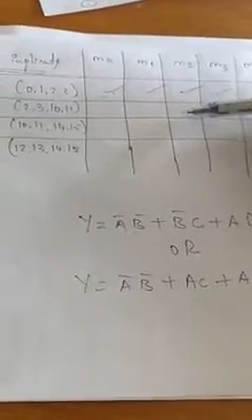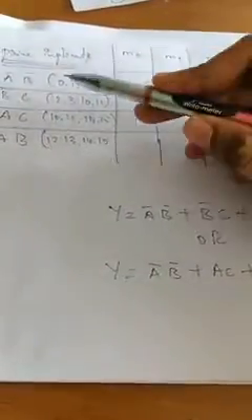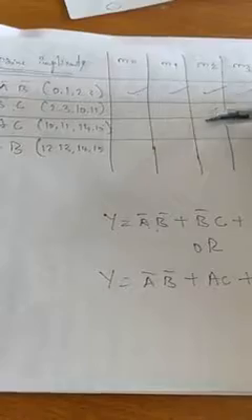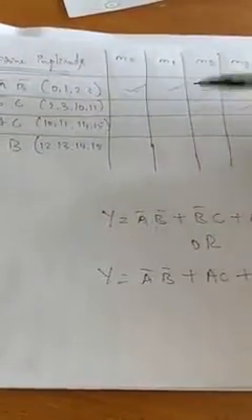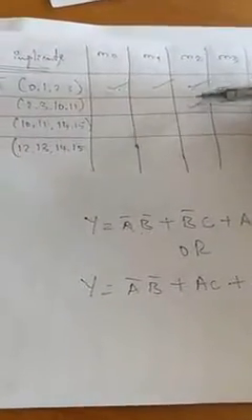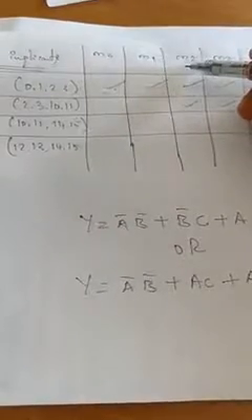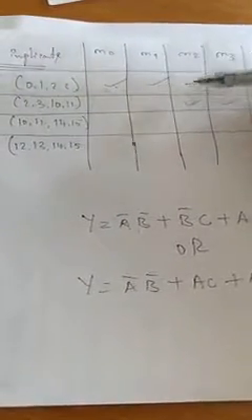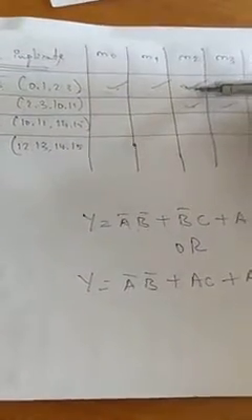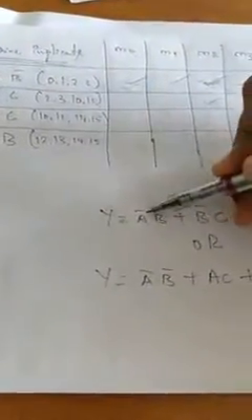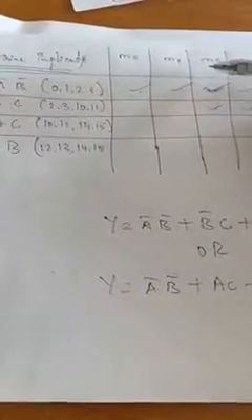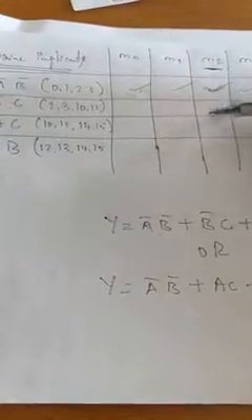So this is the column having 2 tick marks. Look here. This tick mark refers to B bar C and this tick mark refers to A bar B bar. So this column is already represented by A bar B bar. Listen properly, M2 is a column having 2 tick marks, so we need to represent the M2 column. To represent it, we need to consider this tick mark or this tick mark. This tick mark is already considered in A bar B bar. So we have represented the M2 column, and there is no need to write B bar C.